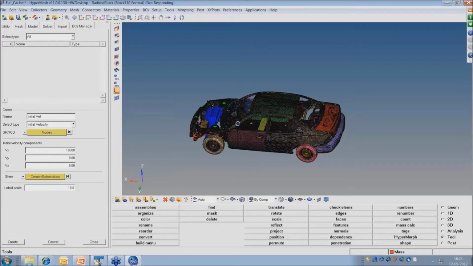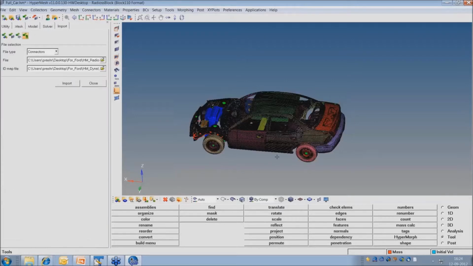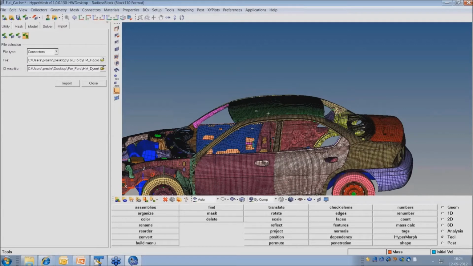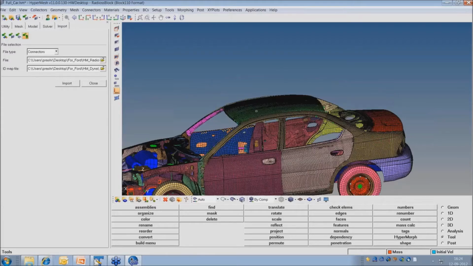So this was very simple. Initial velocity is a very simple loading where it didn't have any curve, or any angle loading. But I may have such a scenario. Okay, let's close this. Now it may be required to apply maybe a force at some angle on this roof hat. Let's also assume that we have a roof hat or an impactor through which we have to apply a load.